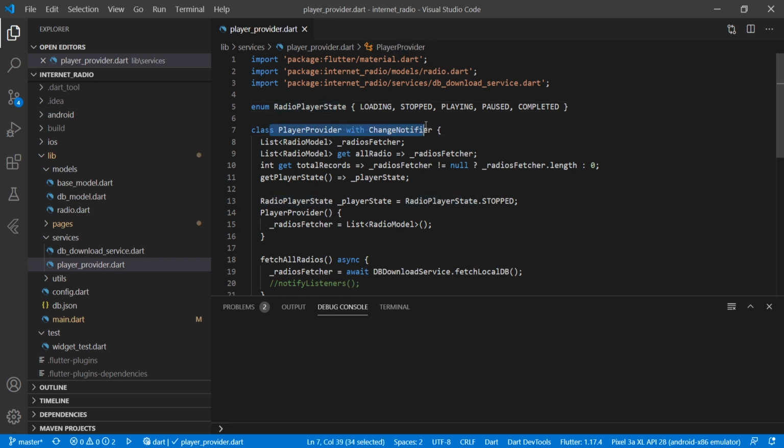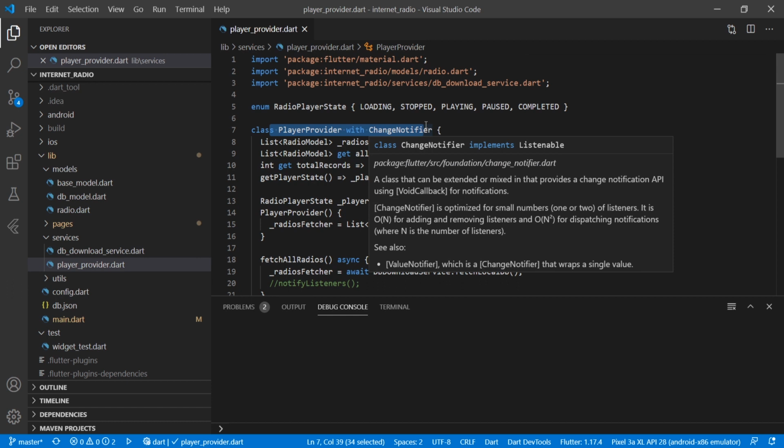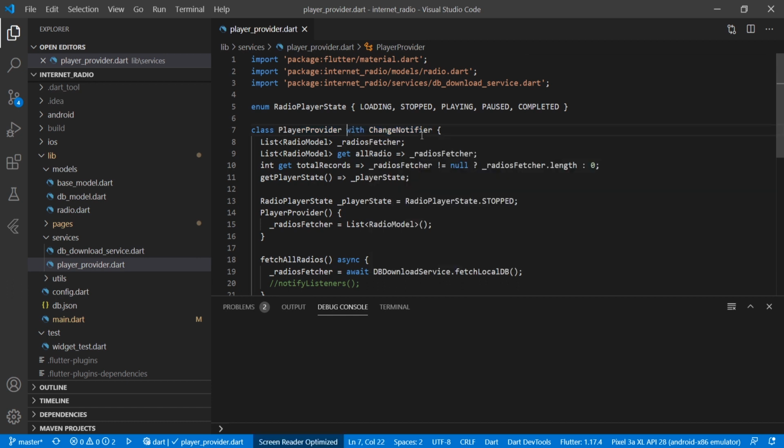Then we have created a class named PlayerProvider and we are using the ChangeNotifier. Then we have a private variable that we are using as a list of radio models. Then we are assigning that private variable to the public variable of all radios.